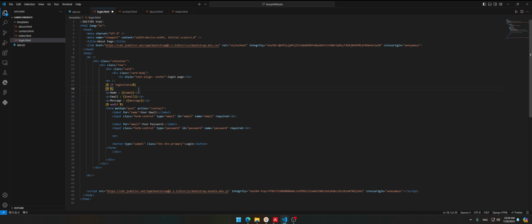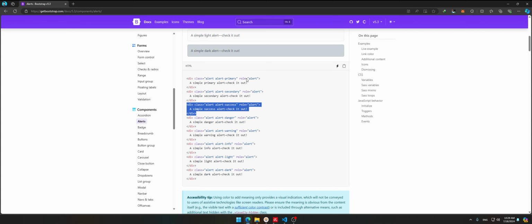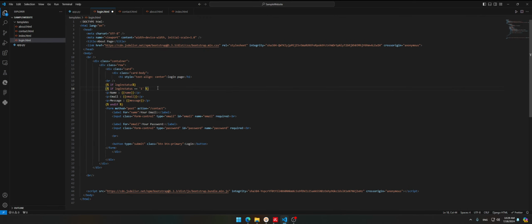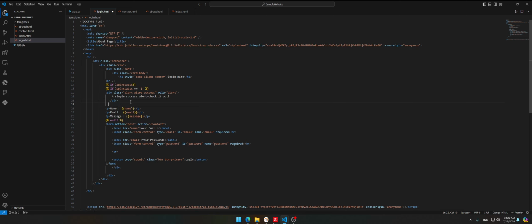Okay, if login status is equal to like 1, I'm gonna show this alert, and where is that? I'm losing here. In else